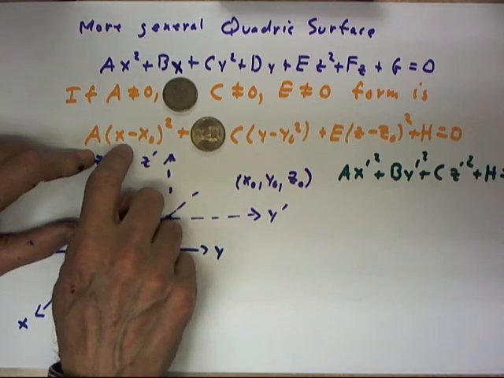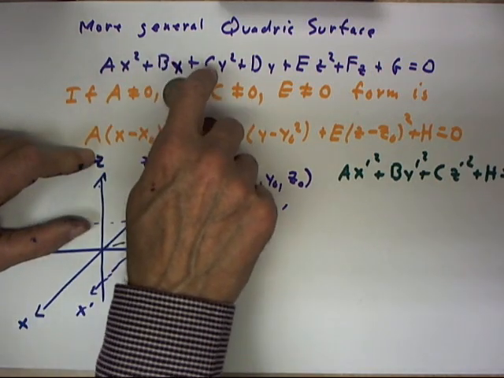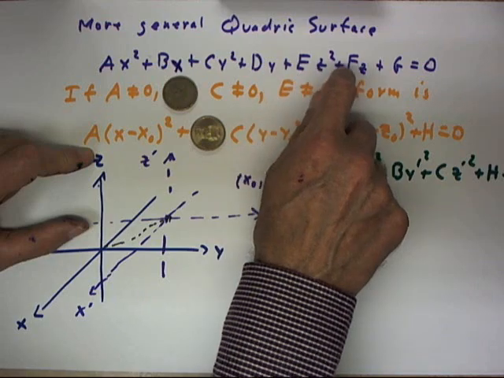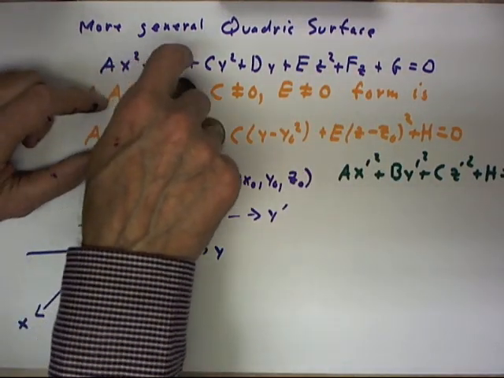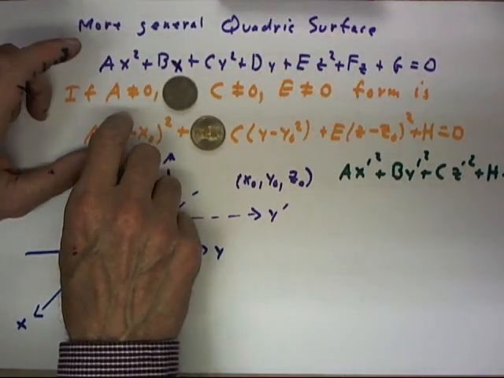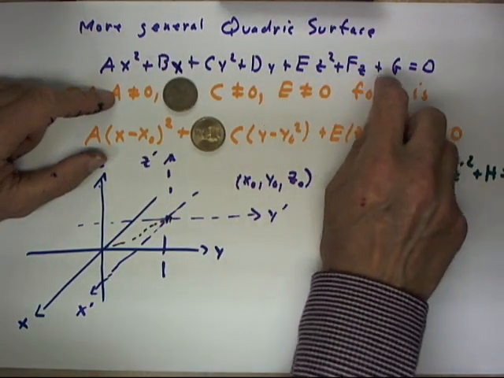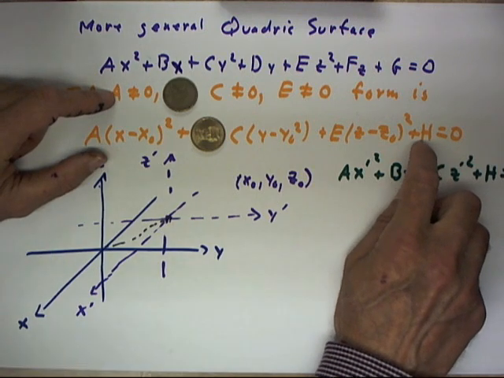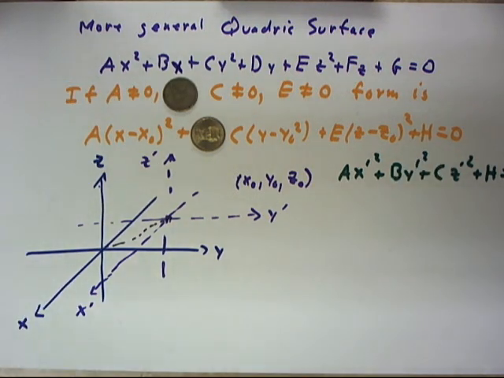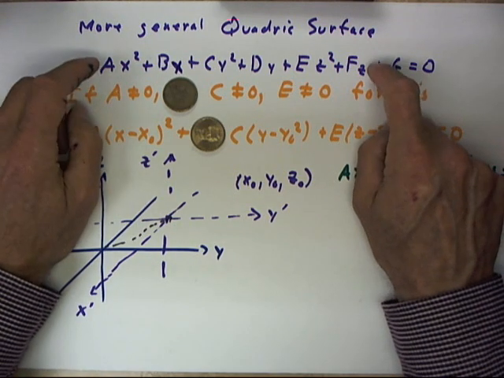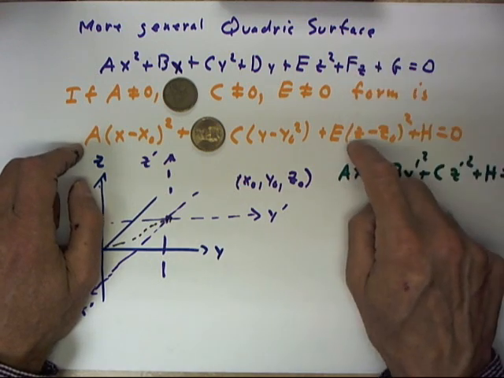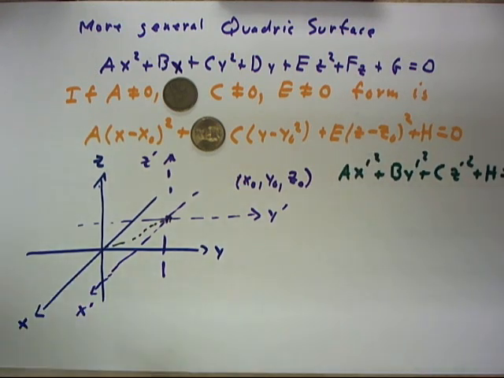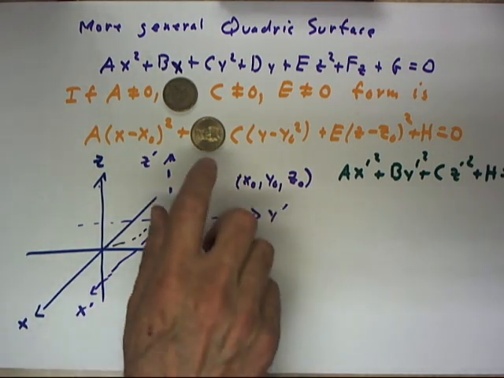We do this simply by completing the square on the x's, completing the square on the y's, and completing the square on the z's. And whatever we have to add to complete each square sums up to a number that has to be subtracted from g to get the number h. If you're familiar with and have reviewed the process of completing the square, it's not difficult to see how we get from this form to this form. Now, whether you see that or not, once we have the equation in this form,